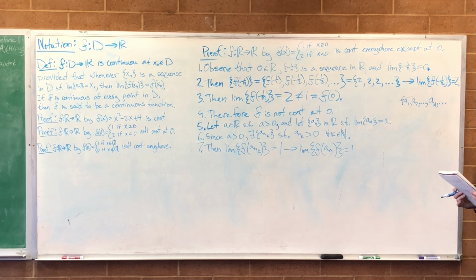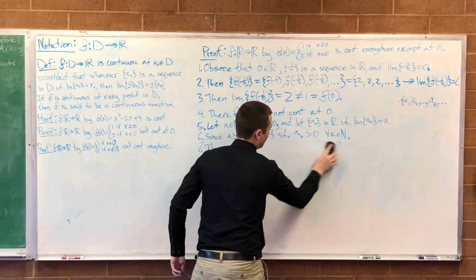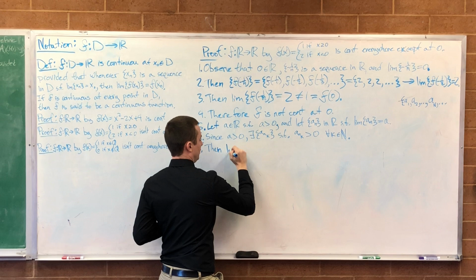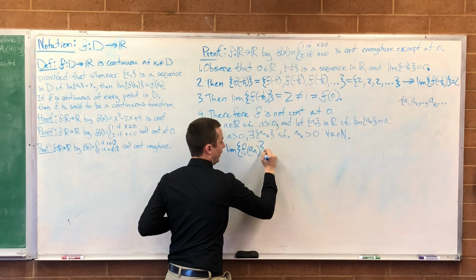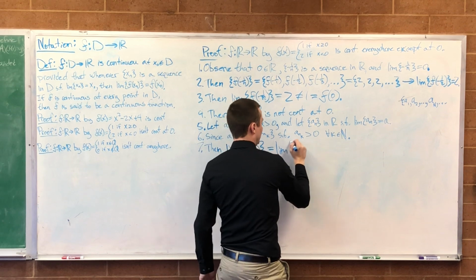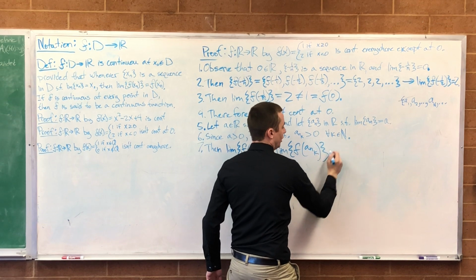Did we do a proof last week that if a subsequence converges to a point, then the whole sequence converges to the same point? That's not actually true, is it? Well, let's try it this way then. I see your problem because of the way that the implication arrow is pointing. Then the limit of f of a_n, whatever that thing is, it has to be equal to the limit of its subsequence f of a sub n sub k, which we know is equal to